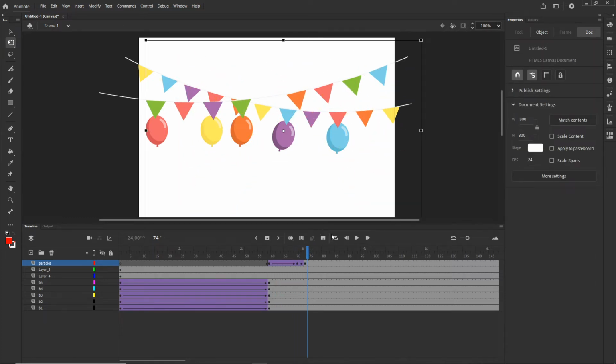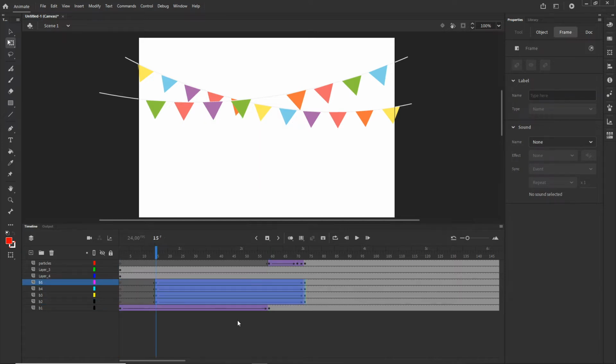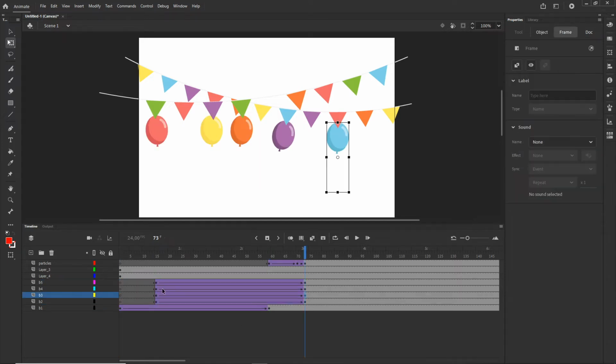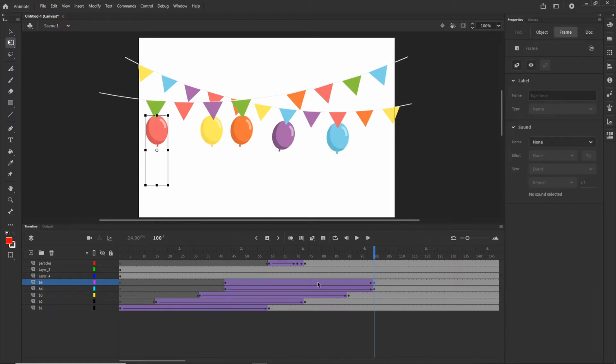And right now what I'm going to do is offset these balloons. So I'm going to select it like so, and position it like this. Then I'm going to select 3 of them and position them like so. Then I'm going to select 2 of them and position them like so. So basically I don't want all of them to come at the same time. So I am going to do the same thing with this last one, and we are going to have something